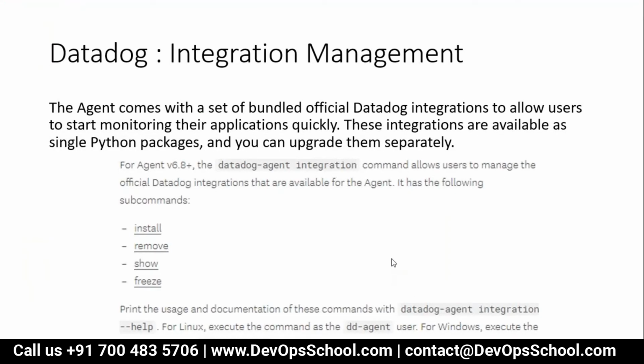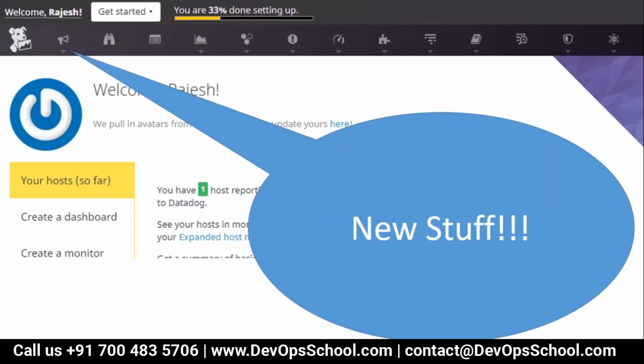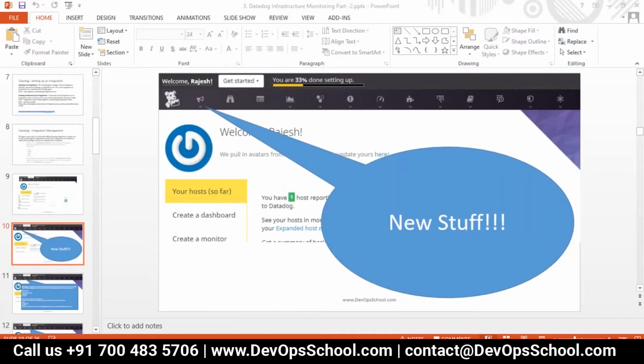So many integrations are already placed. Now what to do? Here you can get started with step number one: create a dashboard, create a monitor, invite teammates, install an integration, and an overview video. Now you have to get comfortable with this UI.